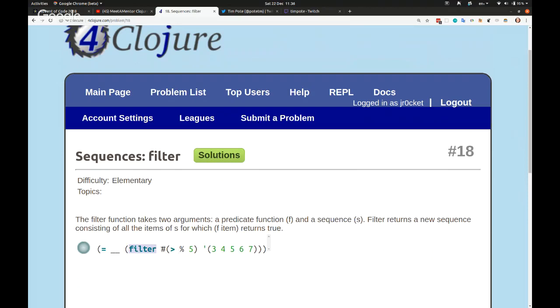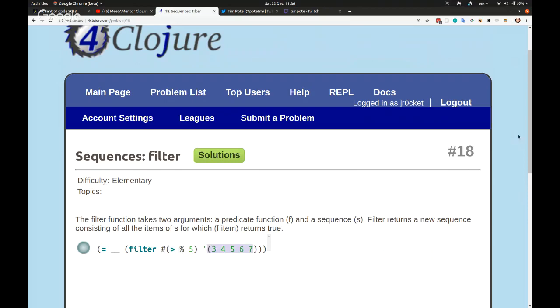Filter is going to take these values and pass them to this function. It's basically going to filter out anything that doesn't satisfy this function. If the function returns true, it's going to keep that value. If it's false, then it's going to throw that value away. As it says, filter takes 2 arguments: the predicate function, which it's going to apply over each of the elements of the collection,